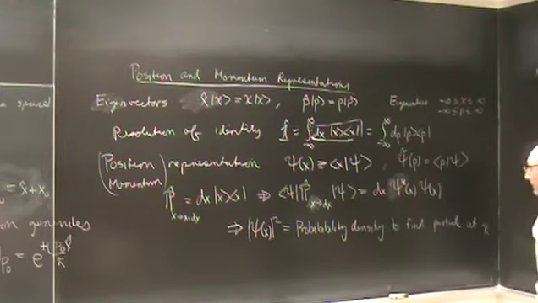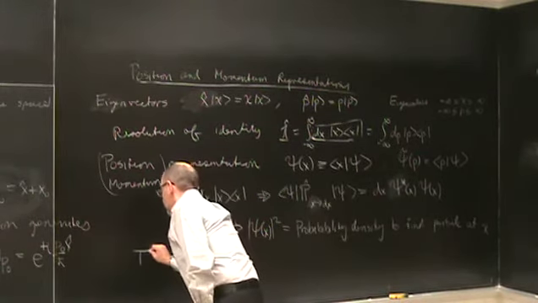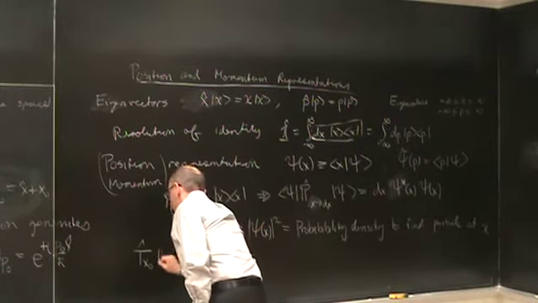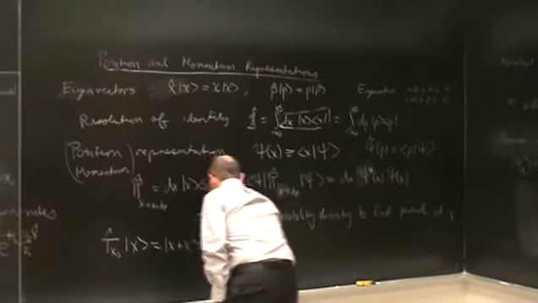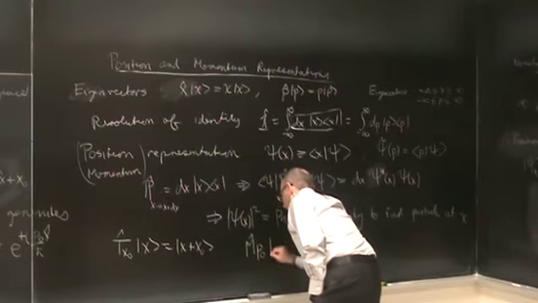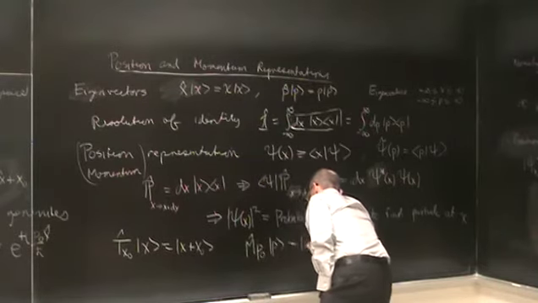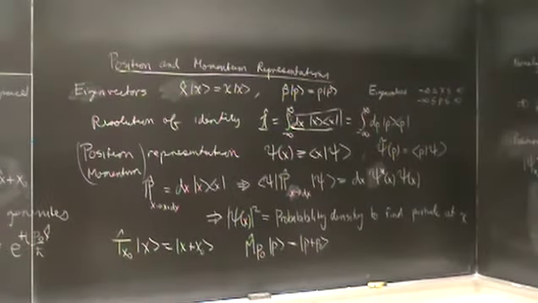I should say, we also saw here that the action of the translation operator on the x ket is to translate the ket, and similarly, the translation by momentum on the momentum eigenvector is to translate the momentum. Right, so